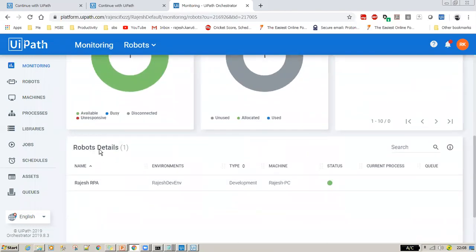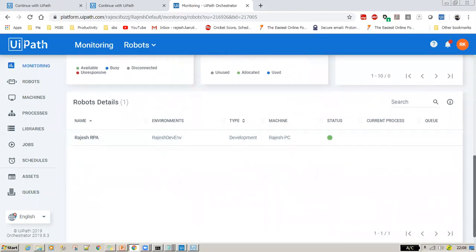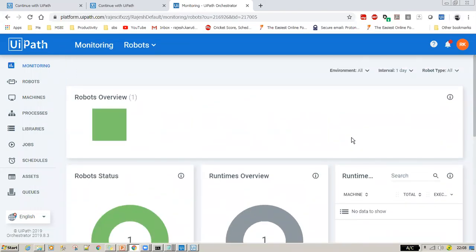It shows what robots are available in your orchestrator. See, this is the name of the bot, and currently it is showing a green button. At a glance, you can see the performance, monitor all the bots running and their health, and whether there are any connectivity issues between your UI system tray and your orchestrator. So this is an administrative dashboard where you can see everything at a glance.